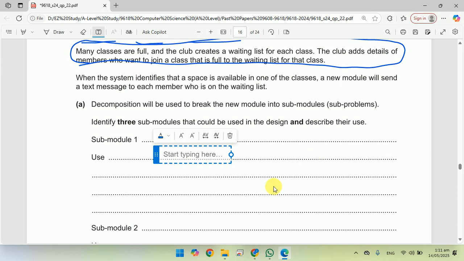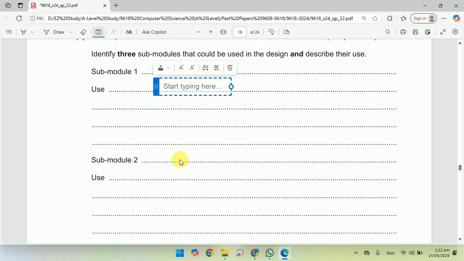You can always say what the purpose or use of it was. If you look here, the club has a waiting list for each class, and the club adds details of members who want to join a class that is full. So you could identify a member, for the waiting list of the class. There could be so many sub-modules that you can create from this. When the system identifies that a space is available in one of the classes, you can also use identify a member, and a new module to send. So there will be a couple of sub-modules. Let's say this one would be